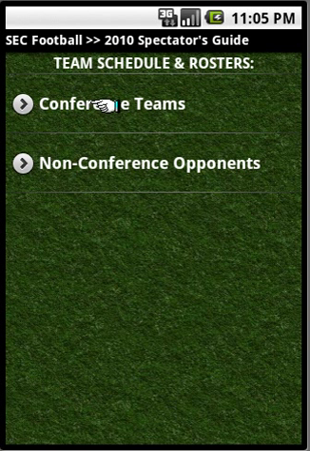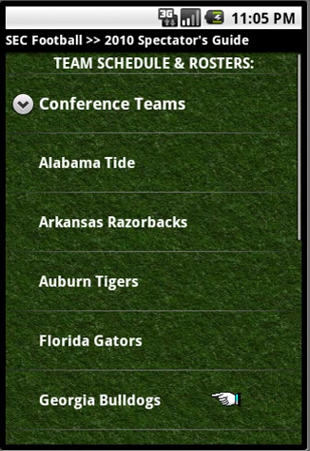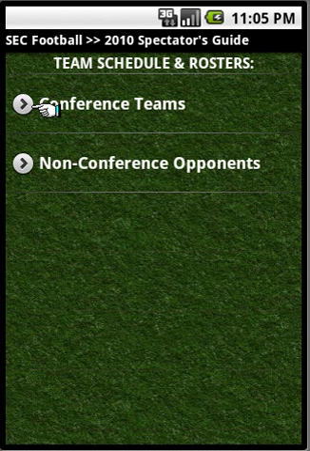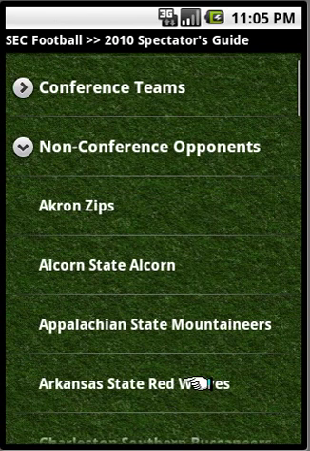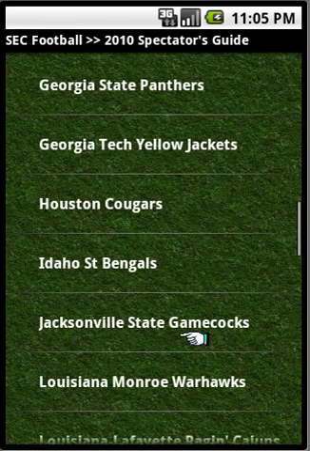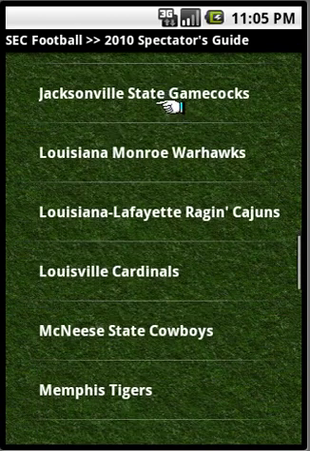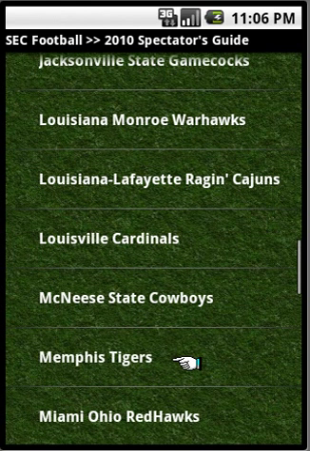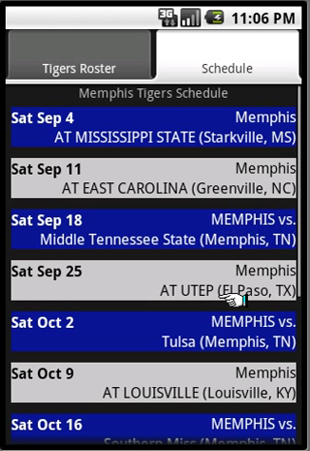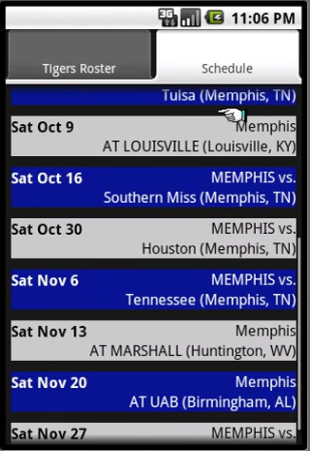Direct link to the roster and the schedule, and again you can sort from here as well. You go back and look at a non-conference opponent. Let's say, just for the list, we'll go down to maybe University of Memphis. You can see the roster and the schedule for Memphis. Memphis plays Mississippi State, and they play Tennessee. But we'll also not only can click on a game and go to the information directly from here, but